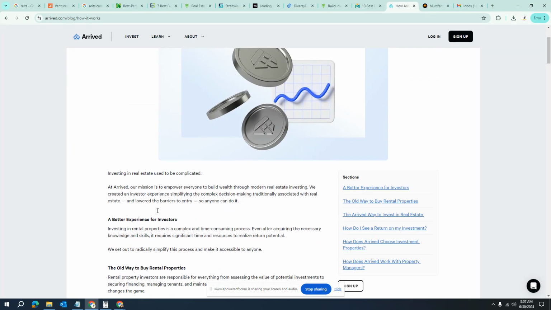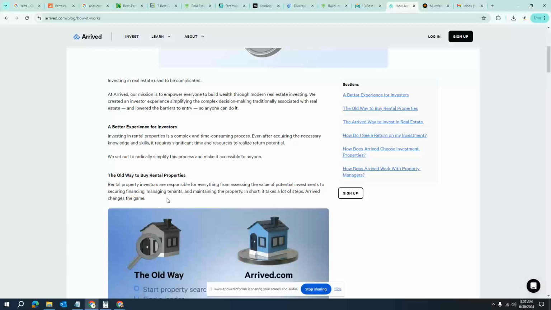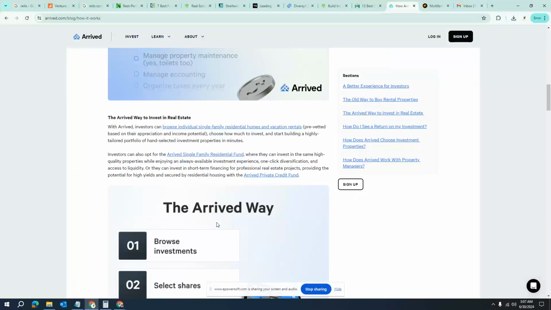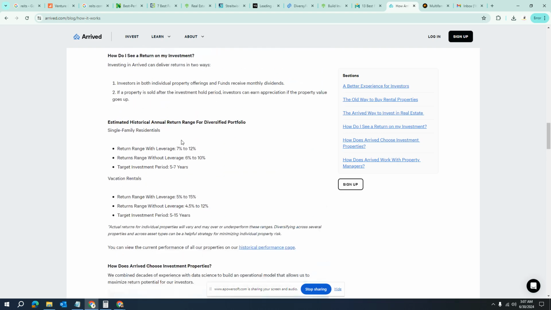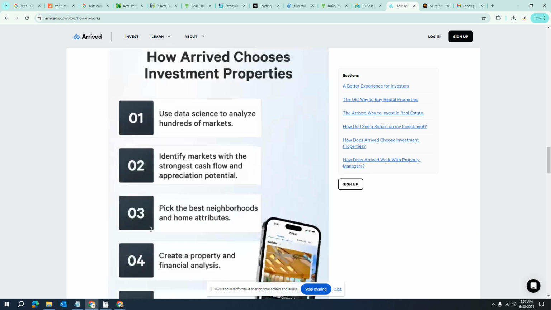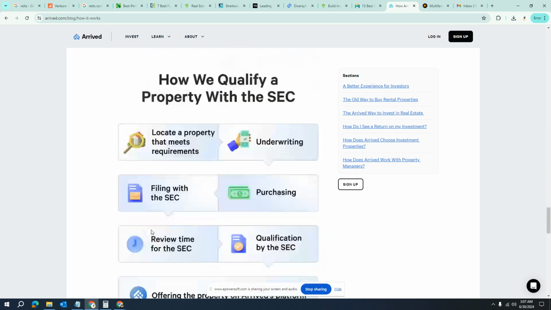Actually, you can invest. This is for shares, buying shares in the houses. You want to also look at the returns that they've had. What is the targeted investment period? See, it says right here 5 to 7 years, 5 to 15 years. So you want to look into how long that money needs to sit in there. Also, there's SEC filing,